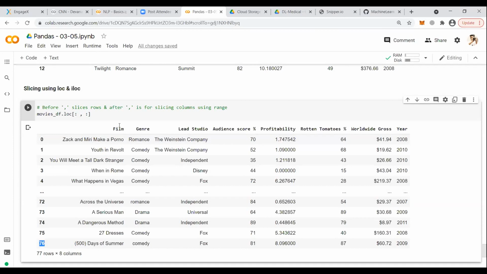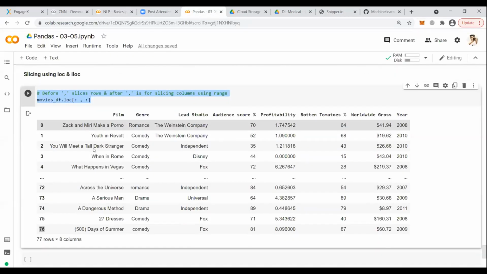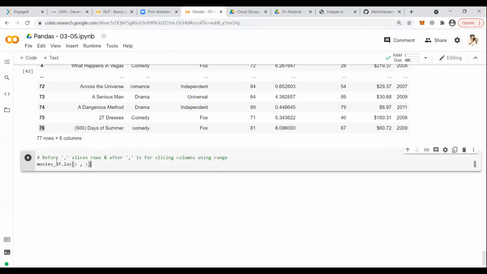Okay. Now this is for all the rows and all the columns that I have already said. So don't get confused here. Next part, definitely we will try to slice now. So let us slice here the rows. In the rows, I'm putting up the index value that starts from 10. I want to take it up to 40. This is for slicing the rows.